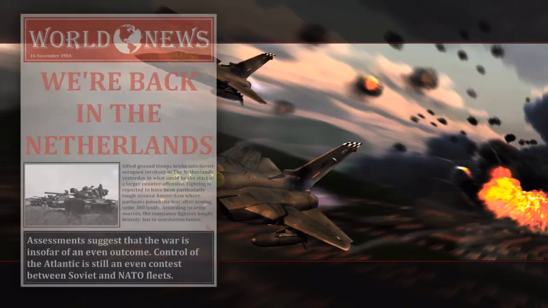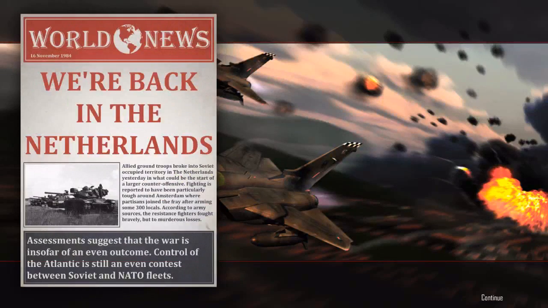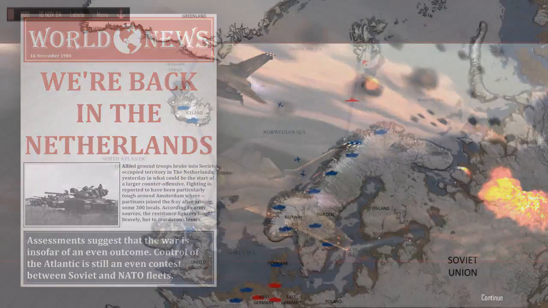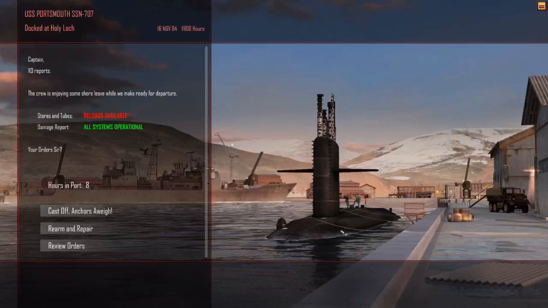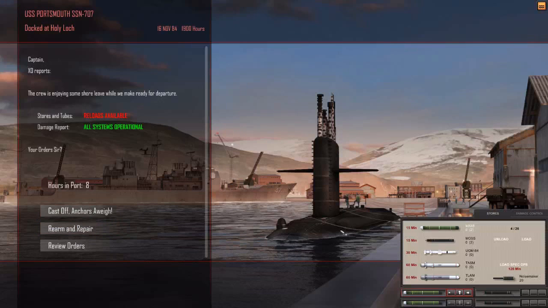Some news. We're back in the Netherlands. Okay, we are pushing the Soviets back. Let's go into port. Superior leadership and tactics. Ooh, look at that. Almost 50,000 tons of enemy tonnage sunk. Okay, we are